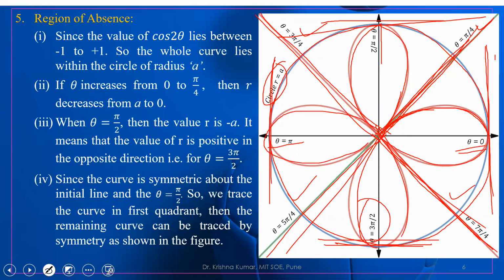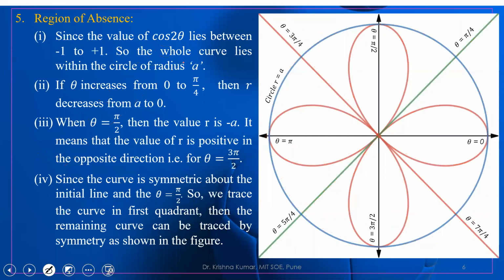This is very simple compared to any polar curve. So everybody can try to trace this curve. Similarly, you can try to trace r equal to a sine 2 theta, similar to r equal to a cos 2 theta. Okay, so now this is the curve when n is equal to 2, that is, n is even. If you want to trace the curve when n will be odd, then how to trace that curve? So let us take another example.